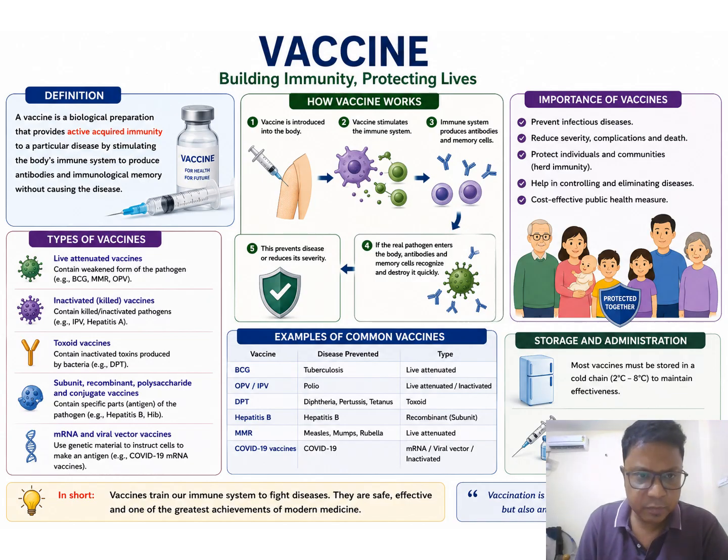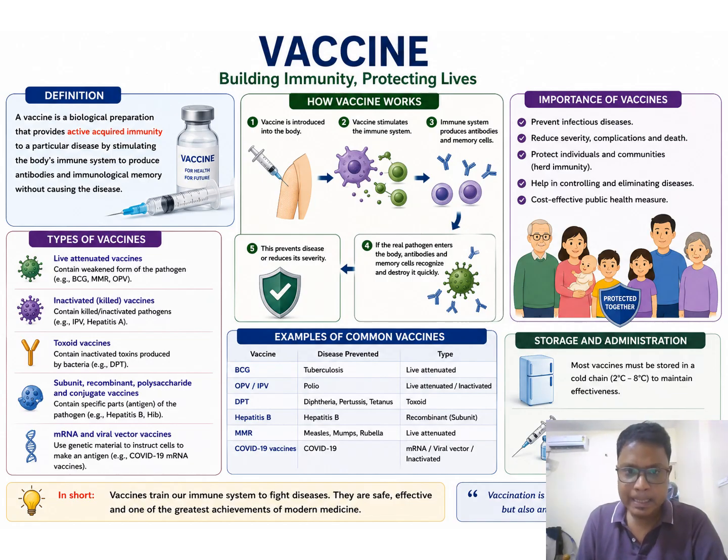So there are different types of vaccines. Live attenuated vaccines contain a weakened form of the pathogen, for example BCG, MMR, OPV. Inactivated or killed vaccines contain killed or inactivated pathogens like IPV, hepatitis A. Toxoid vaccines contain inactivated toxins produced by bacteria, as in DPT. Subunit, recombinant, polysaccharide and conjugate vaccines contain a specific part, like an antigen of the pathogen, for example hepatitis B. And mRNA and viral vector vaccines use genetic material to instruct cells to make an antigen, for example COVID-19